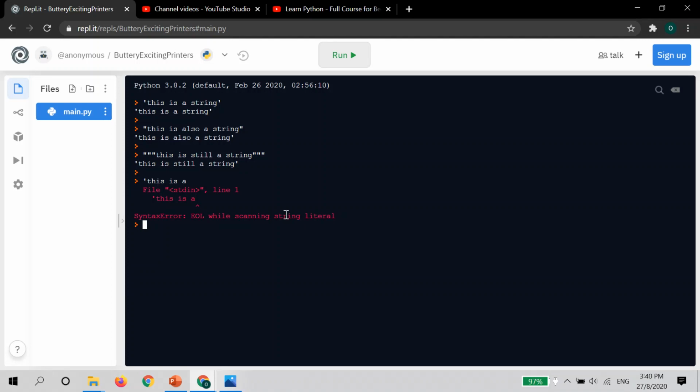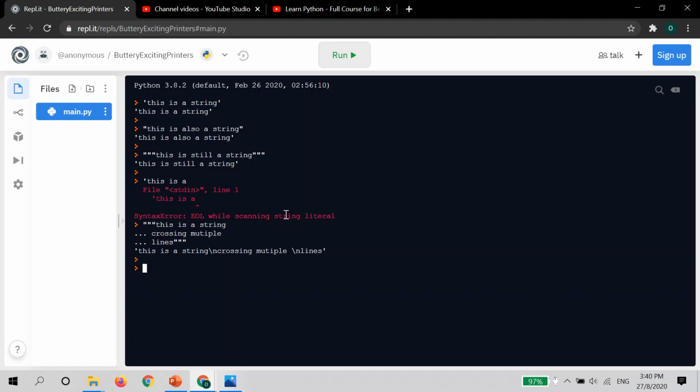However, you can do it using a triple quote, like this. This is a string, enter, crossing multiple lines, triple quote. See, now we have a valid string definition, crossing multiple lines.